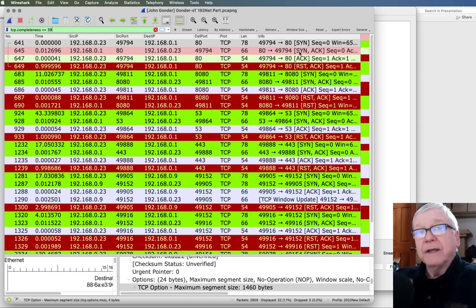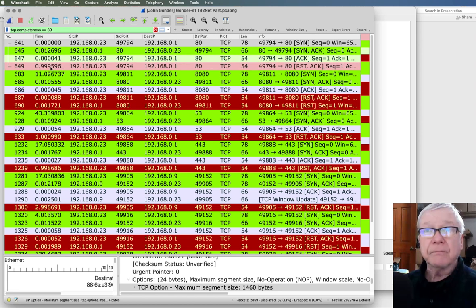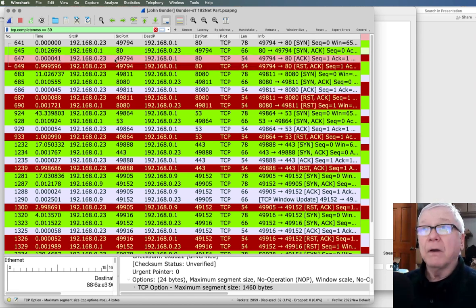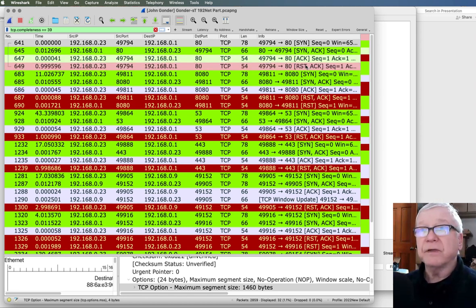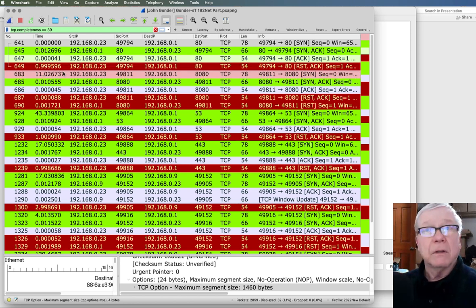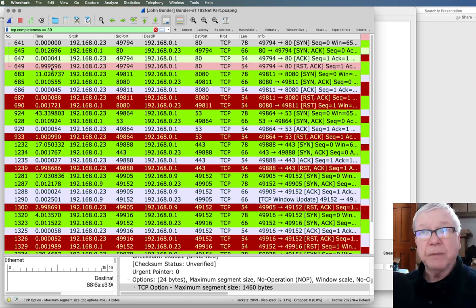So there is an application layer process working at port 80 on this IP address, and I went ahead and acknowledged that, but then I reset that. It's interesting that it took me right about a second to do that reset, maybe because there was a lot going on at the same time.